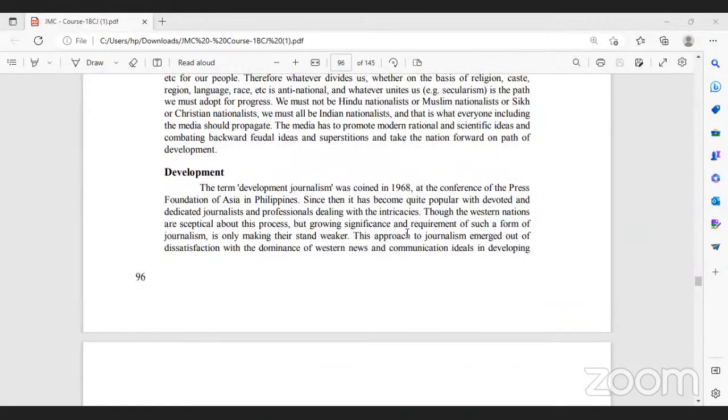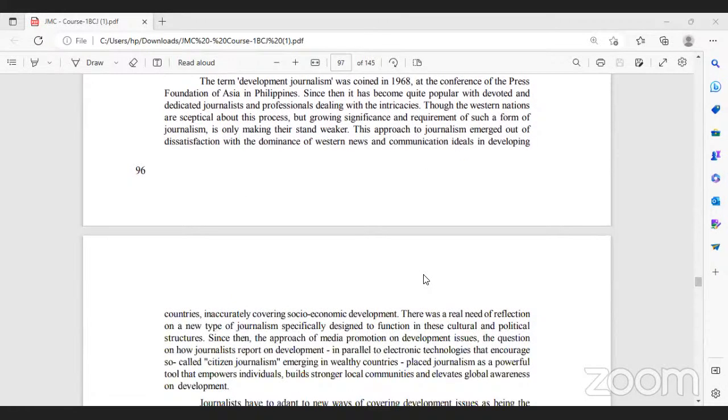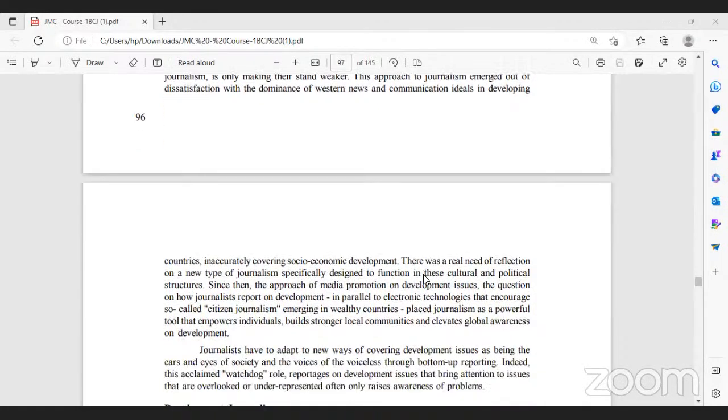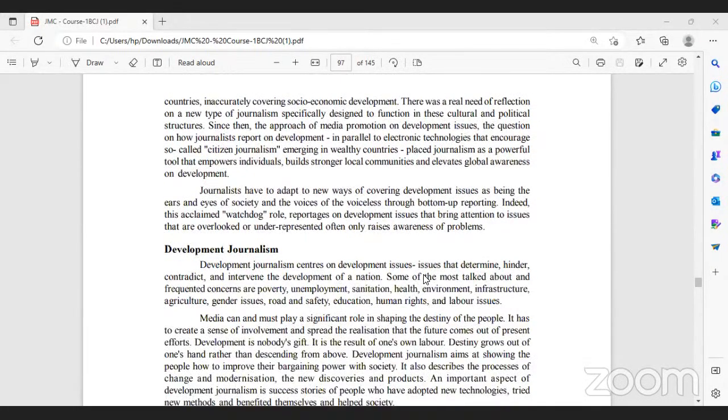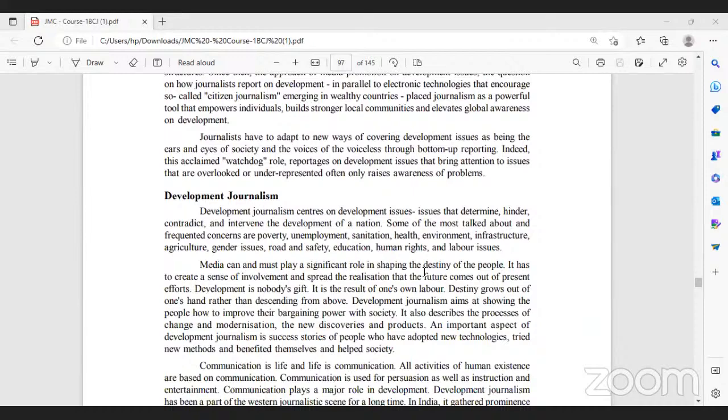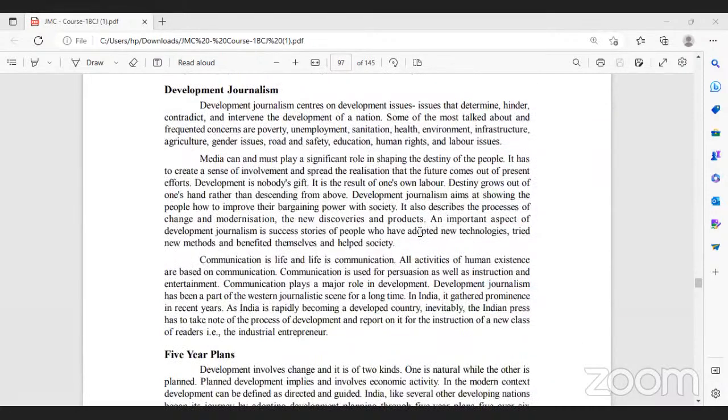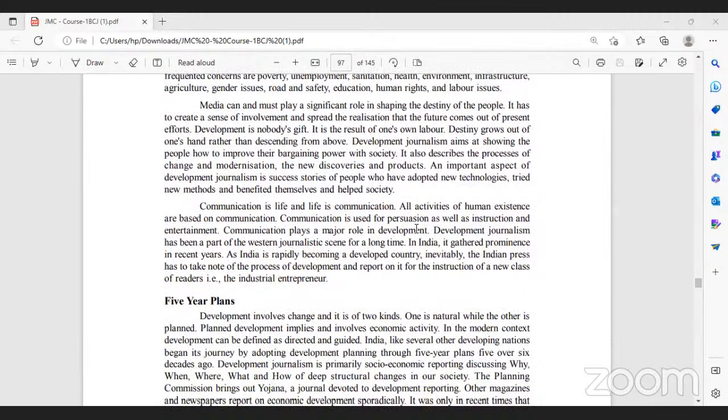Then, as India is a developing country, a new term has been coined, called development journalism, where we can talk about issues related to particular communities and groups, covering socio-economic development, health, environment, infrastructure, agriculture and gender issues. All these are related to development. So development issues are very important, and development journalism has a great scope